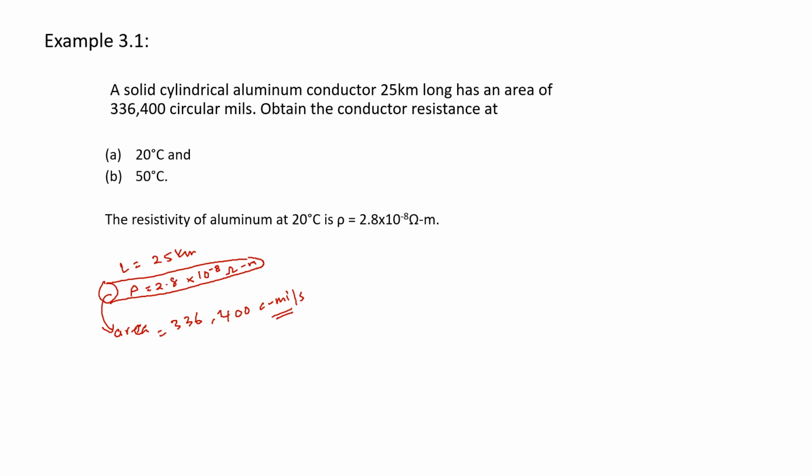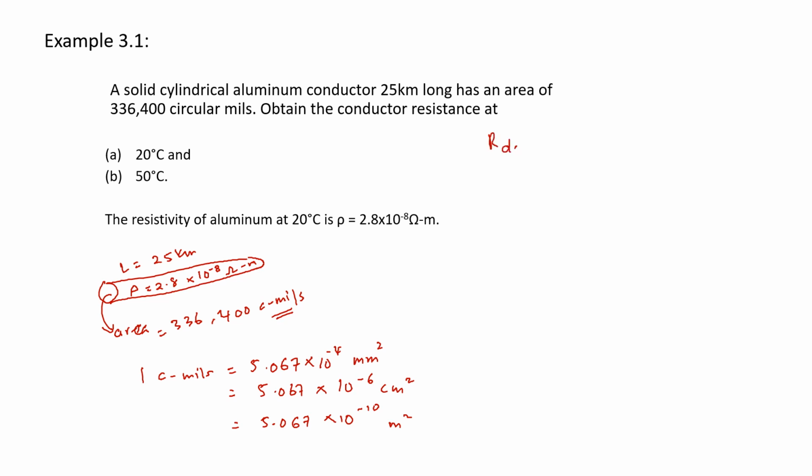So we know that 1 cmil is equal to 5.067 × 10^-4 millimeter square, or 5.067 × 10^-6 centimeter square, or equivalent to 5.067 × 10^-10 meter square. Okay, so to calculate the resistance,